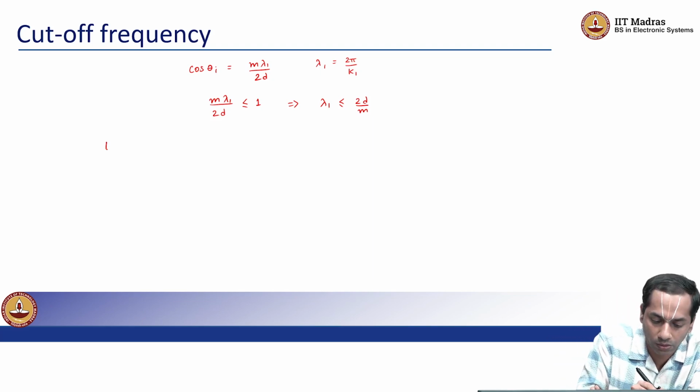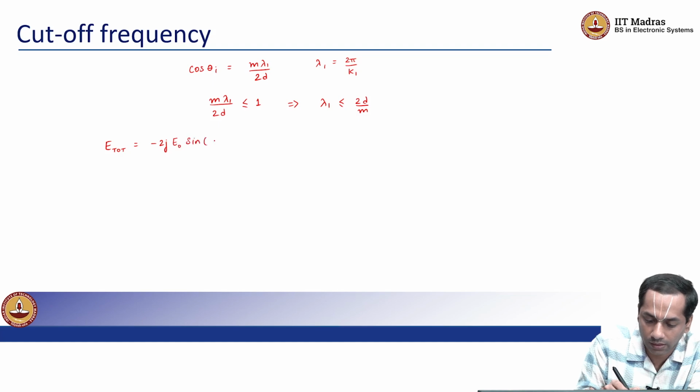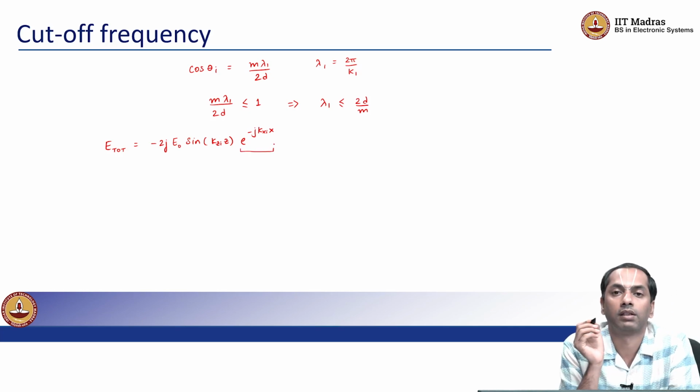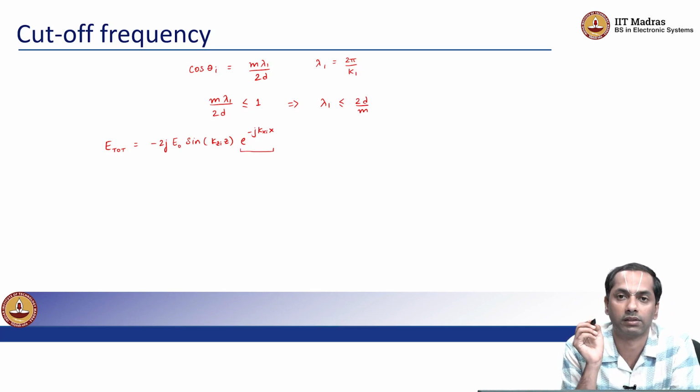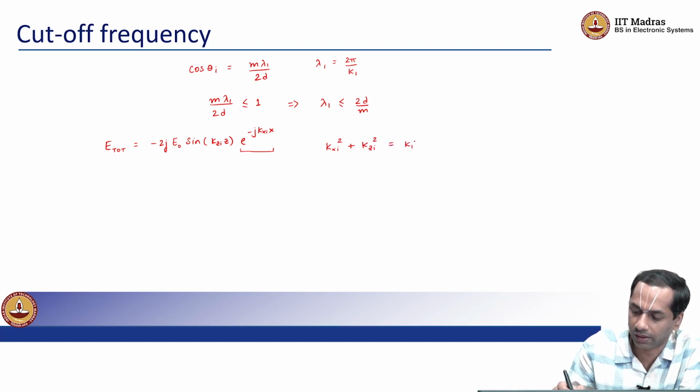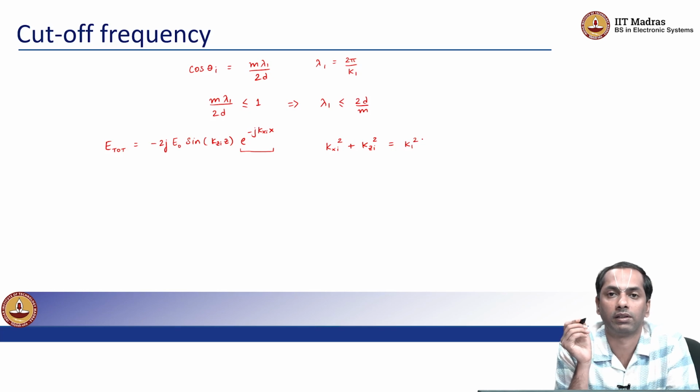So, let us recall the total electric field. It was minus 2j E naught sin kziz e to the minus j kxi x, okay. This is to say that there is a propagation of the wave in the x direction, right. What can we say about kxi and kzi? Since they are just components of the vector k1, right, they certainly obey the Pythagoras relation,